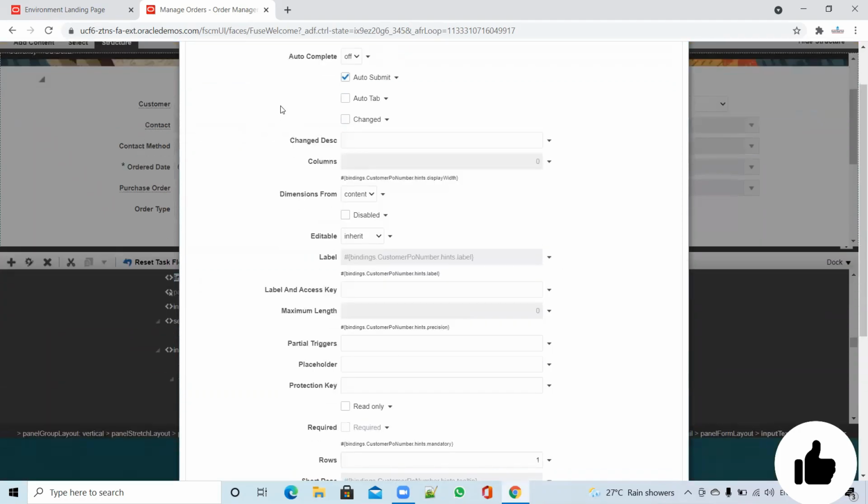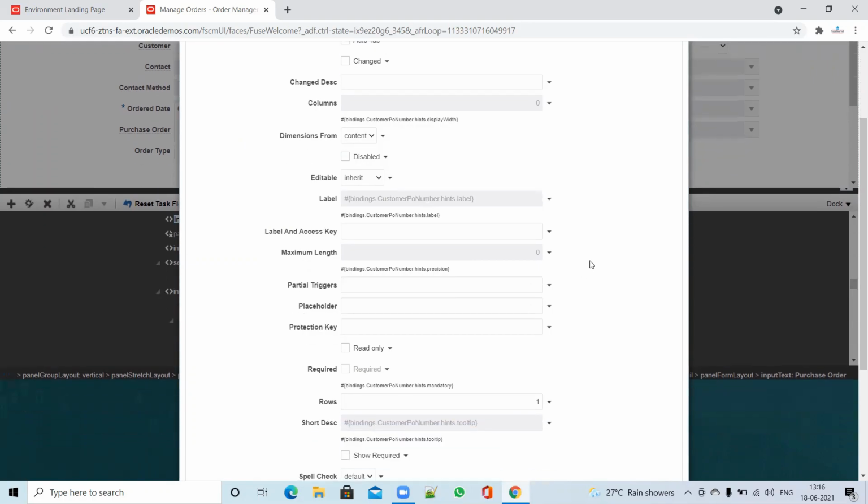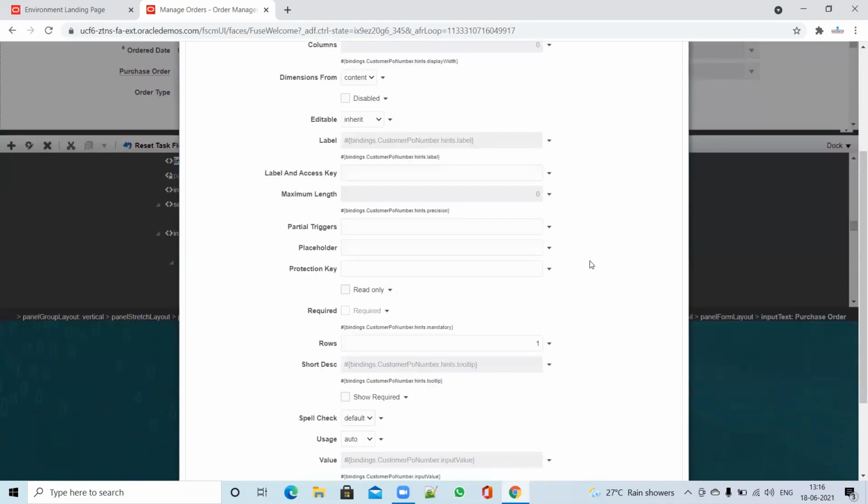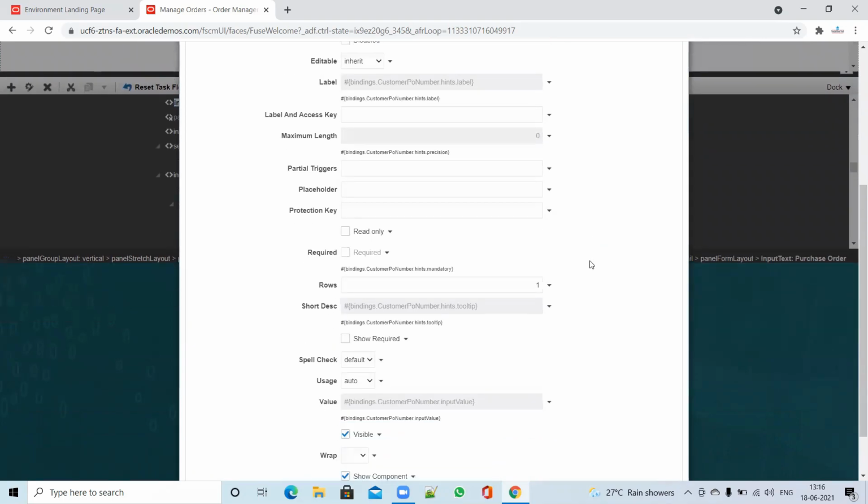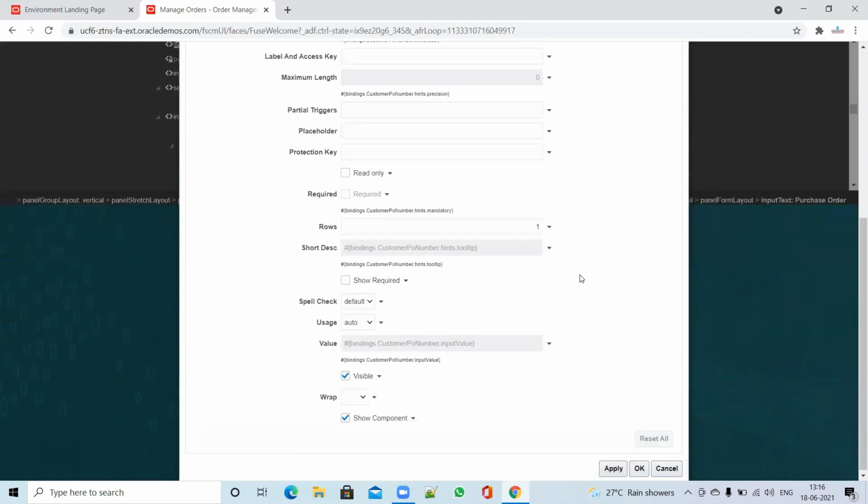If you scroll up, we have already discussed in detail all those customizations, how to make fields read only, how to make them editable and hide the fields, right? You can refer to my earlier videos. Now, in today's video, as I mentioned, we are going to default the value based on the user selection. So now you can see that this is the option, the value, right?